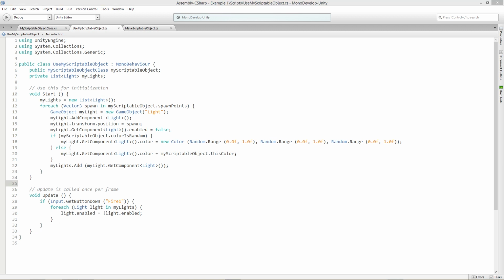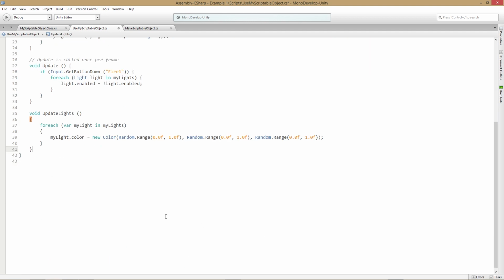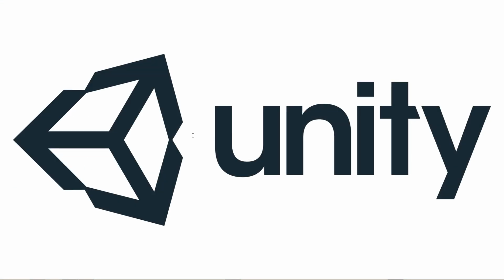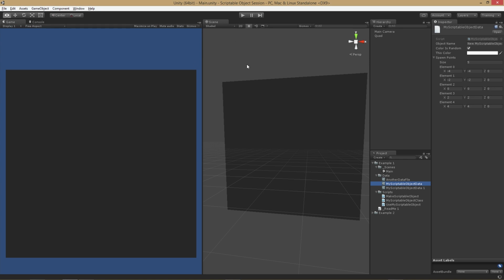Just fun stuff you can do with it, which is that if we made an update lights, we could just change the color at random, and then just say in our update, if we hold down the Fire 2 button, it will call update lights. And so for every light in my lights, we pick a new random color when we hold down the Fire 2. Not sure why I wrote this, because it really doesn't explain anything to do with the scriptable objects, but